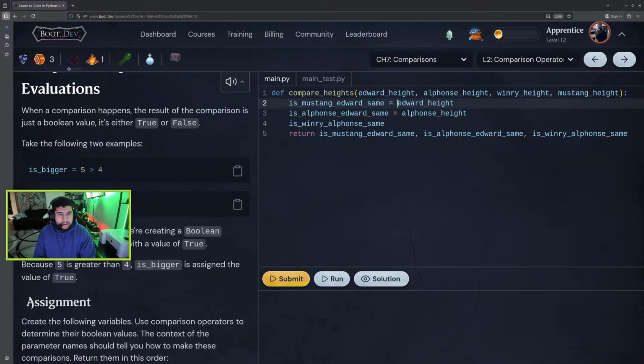So Mustang height has to go up here. Copy. Control V. Equals like that. Alright, and this equals, they're both the same, so